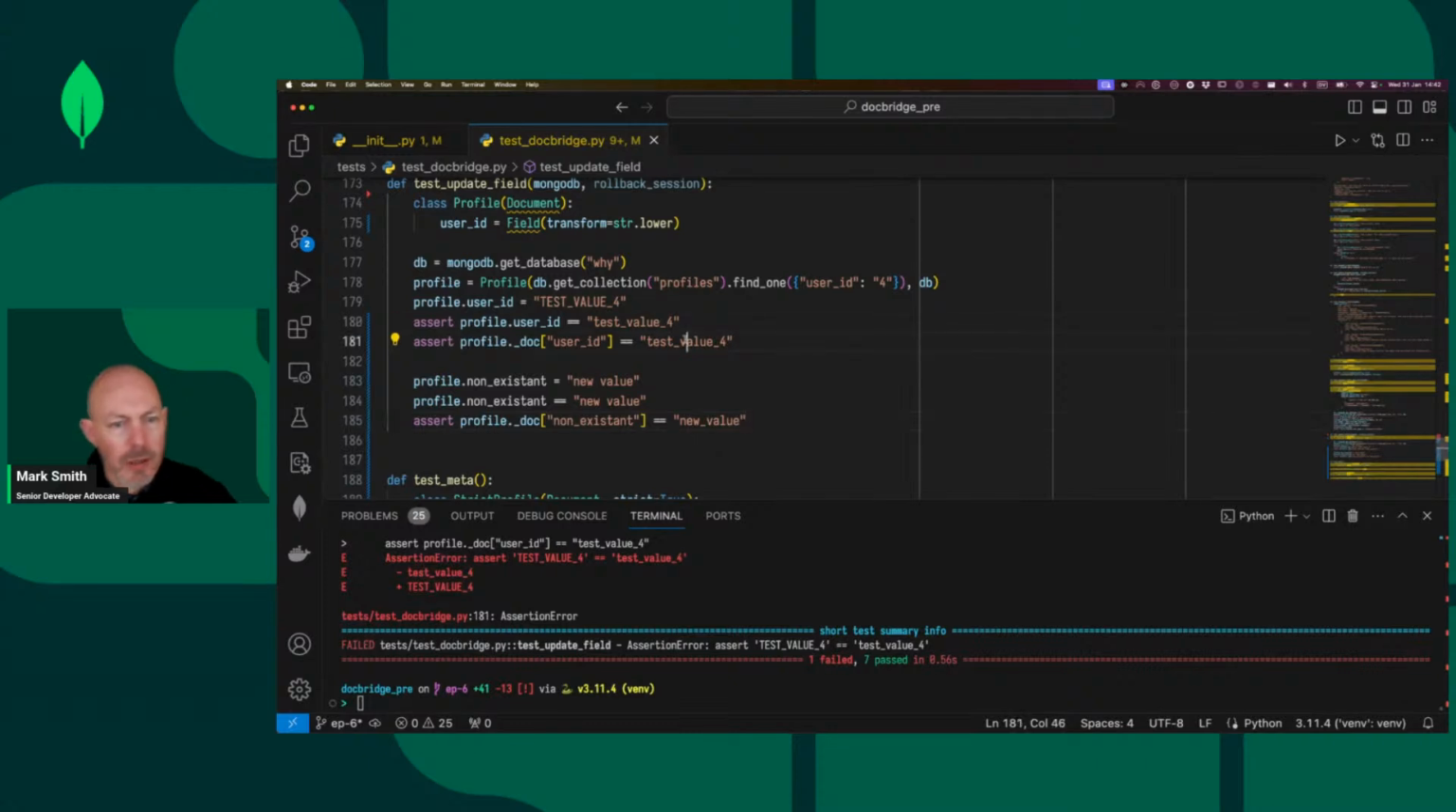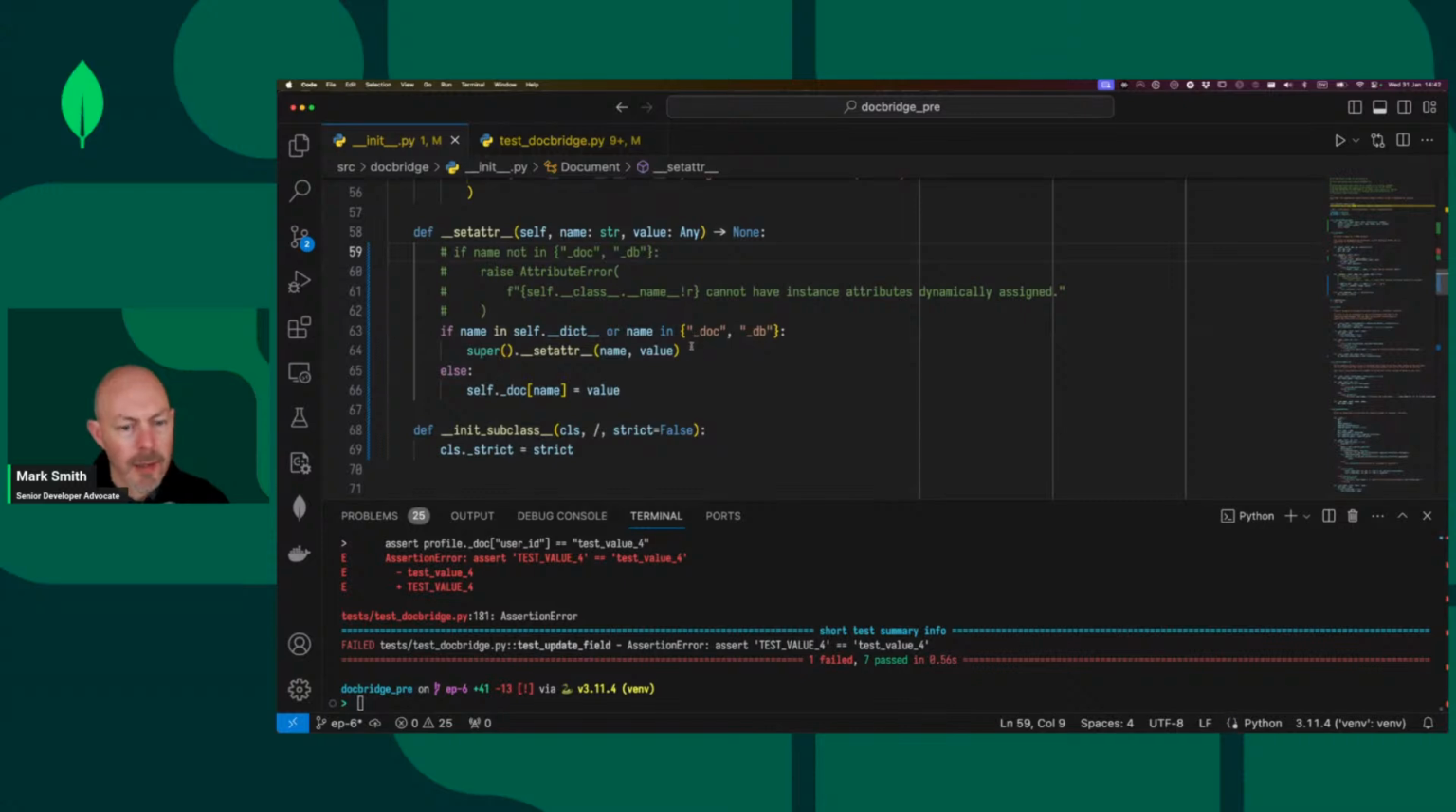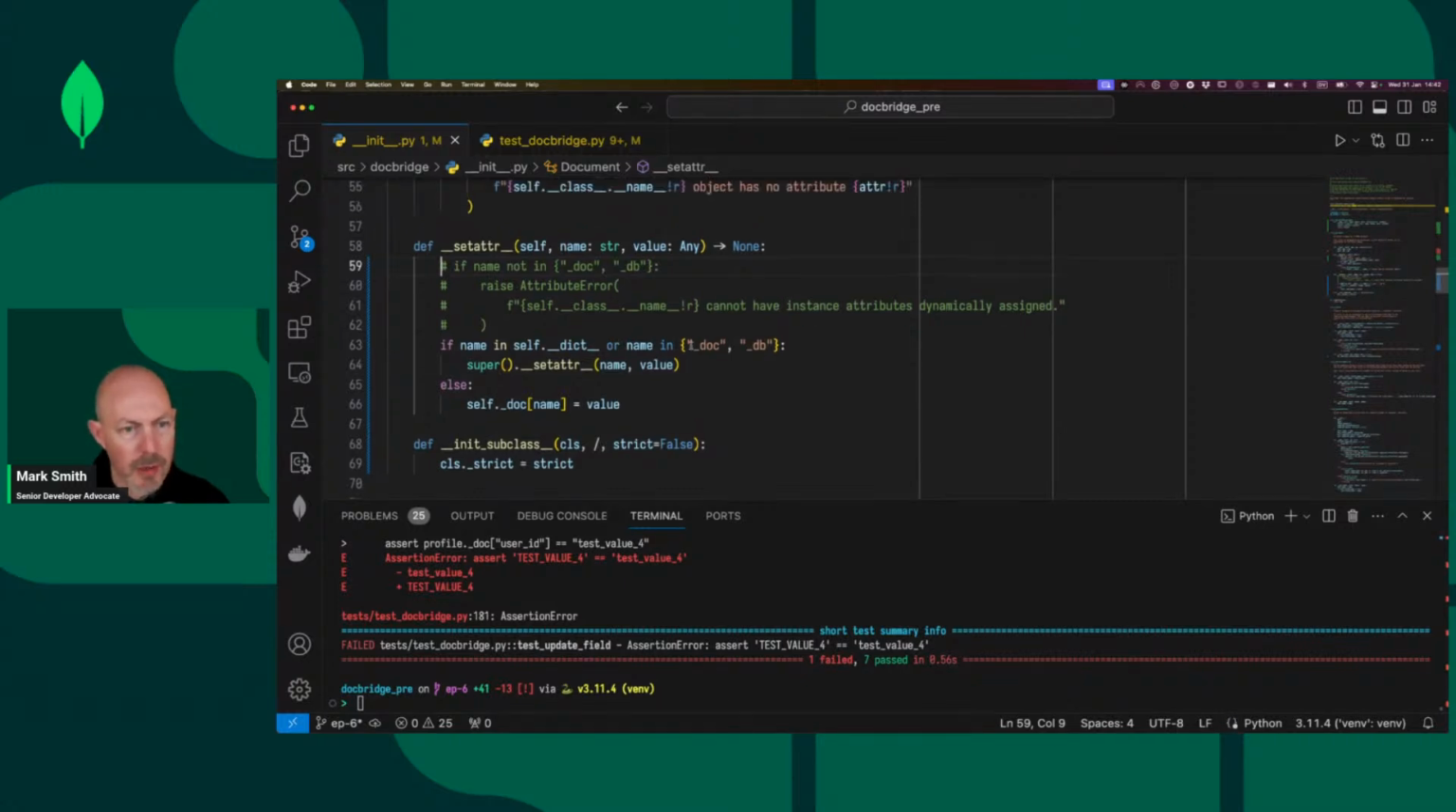Oh, that's interesting. It's getting back, on this line, the value in all caps. So why is that happening? That implies that when it's being set, it's not being transformed. This is actually why I wanted to set the value on save. Why is that not going through? So this set atter should be